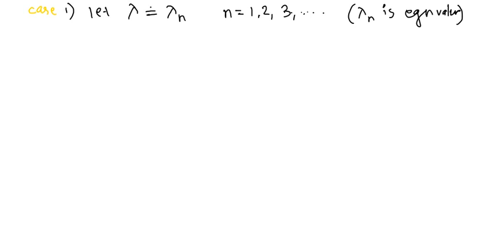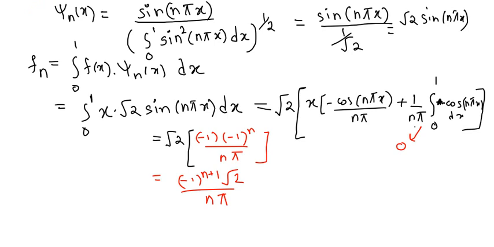Then how do we conclude whether there are infinitely many solutions or there is no solution? That is, we will have to check the corresponding fn's. So we will have to check what is f1, f2, f3 and so on. But in general we know what is fn, and you can clearly see here fn is a non-zero number. So for any value of n equal to 1, 2, 3, all those, fn is a non-zero number.